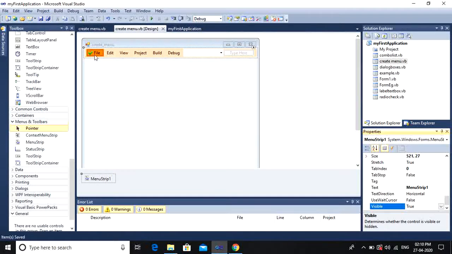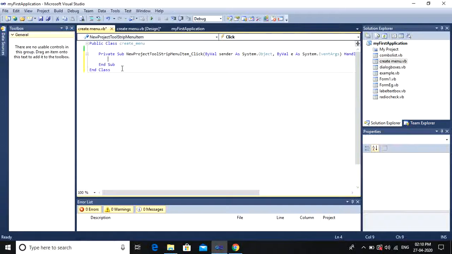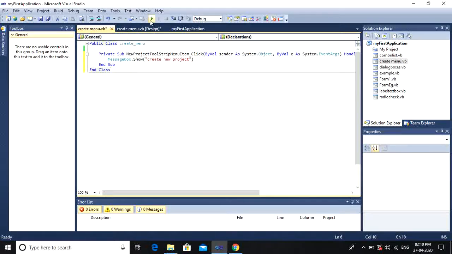And if you are going to create events, like when you click file and when you click project you want something to appear, you will double click it, and here the corresponding event will be called new project toolstrip menu item. The name is new project toolstrip menu item. And when you click it, then here something like MessageBox.Show, create new project. Okay, and then I'll click here,